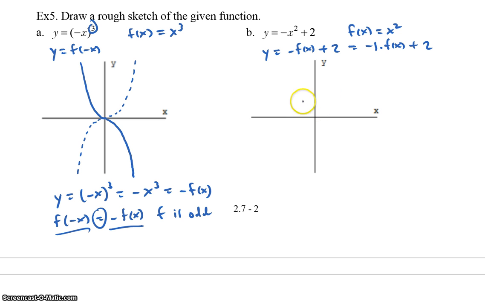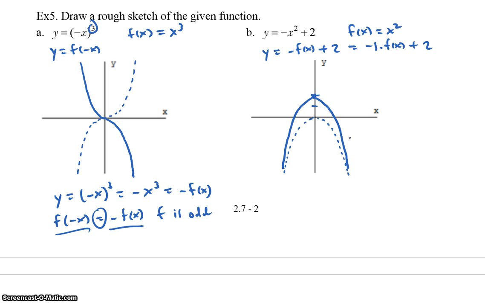So we're dealing with a parabola, vertex at the origin. If we reflect it across the x-axis, it would be upside down, like this. And then if we shift every point up 2 units, then the vertex would now be at 0, 2. The shape should be the same. Just now we have every point shifted up 2 units. Again, we're just trying to get a rough idea here. It's not perfect by any means, but it's close enough to give us a pretty good idea of what the